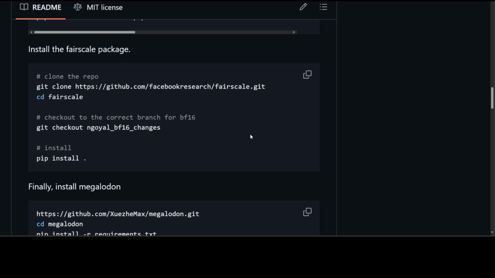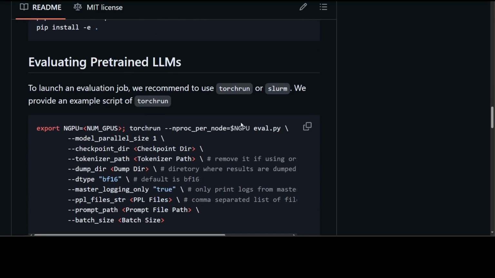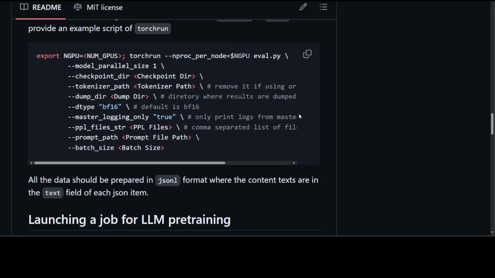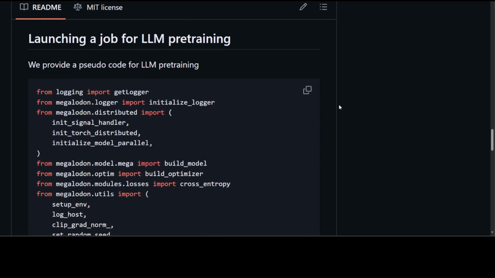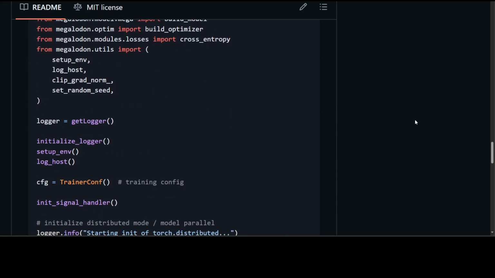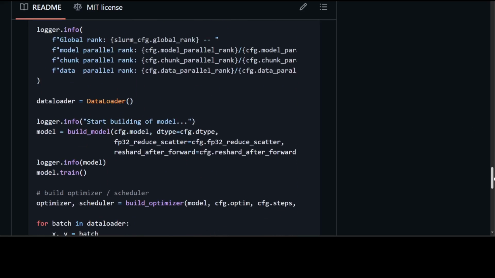Anyway, once fairscale is done, then you need to install Megalodon, and then it will give you the pre-trained model, and you have to just set some of the dtypes and tokenizer path. Once that's done, you can launch a job for LLM pre-training by following these parameters and steps which are given in detail.